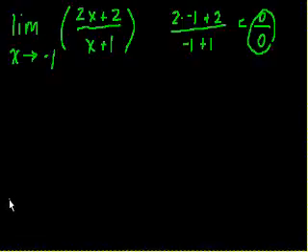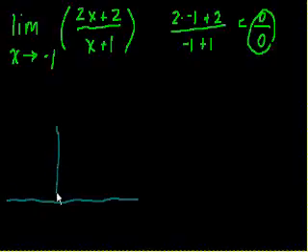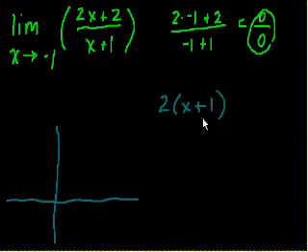So if I draw a graph, so these are the axes. Actually, probably I'll do the graphical and the analytical at the same time. So I'm going to rewrite this expression in a way that maybe I can simplify it. So 2x plus 2, isn't that the same thing as 2 times x plus 1? 2x plus 2 is the same thing as 2 times (x plus 1), and then all of that is over